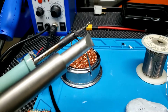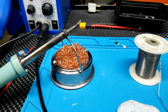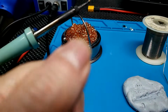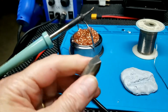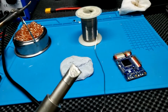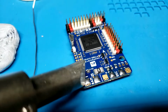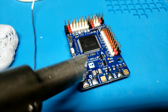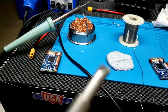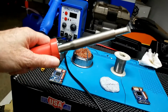I got this one just recently. You can see the difference in size. This is like a 120 watt iron. Got a tip on the end of it that's as big as my thumb almost. This is for those really, really thick cables. Never get this in on a circuit board. Jiminy Cricket. Well, I would like to use it on those battery pads, but no, this will burn up the board so quick. So I've got about 4 soldering irons around here, and they're all different sizes